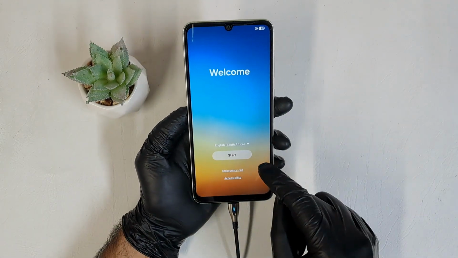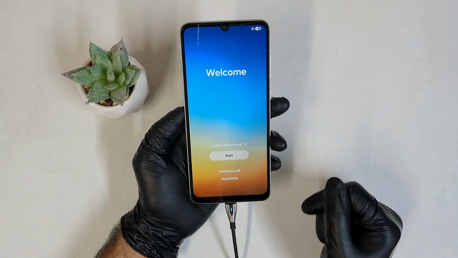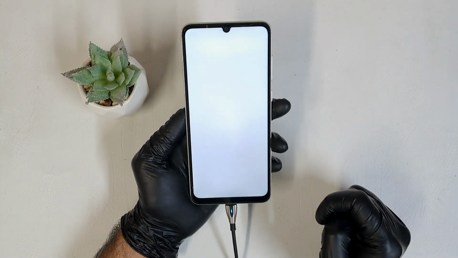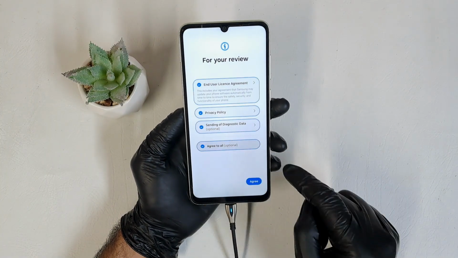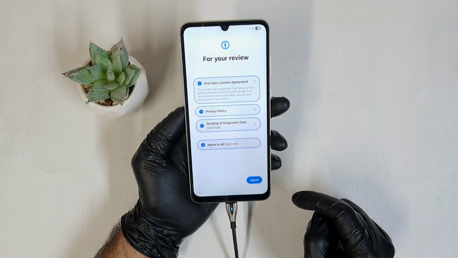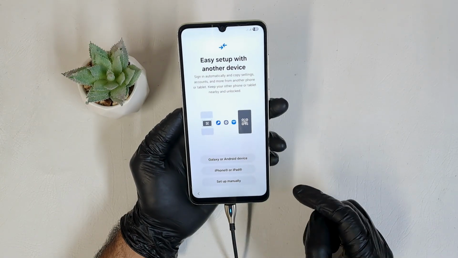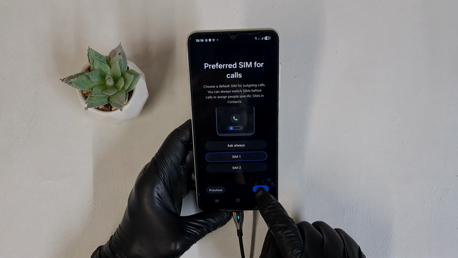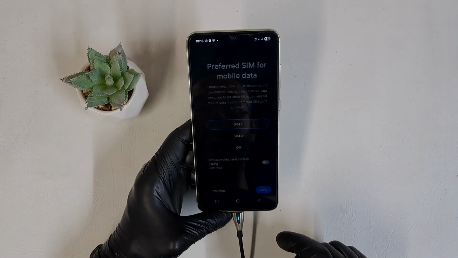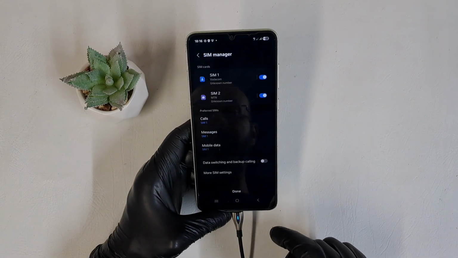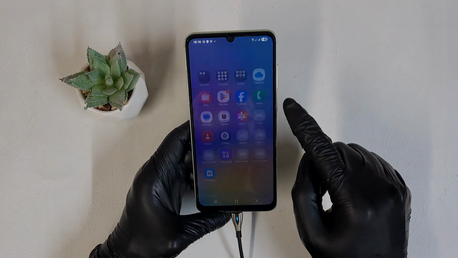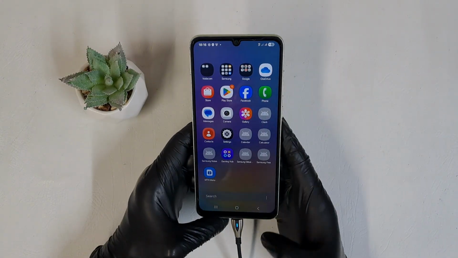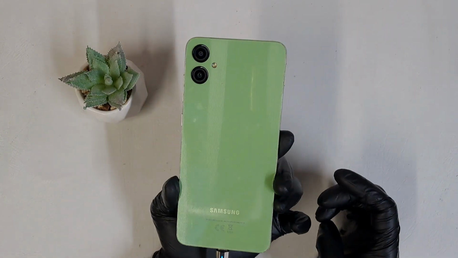Okay, that's all. And from this screen you can start fresh. And that's all for now. Your phone is being reset, everything's been